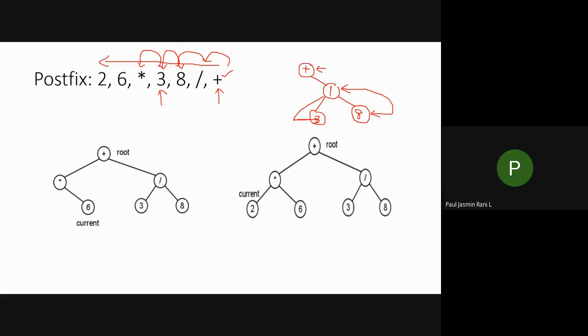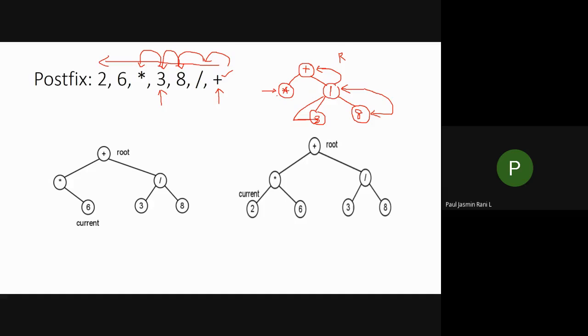So for this parent node, both the left and right are over. So again I have to go for backtracking of this parent node. When I backtrack to this parent node, the right side of this part is over. So I have to visit the left side. Yes, here I have a space for the left side. So here I am going to create a node. In that node I am going to place the asterisk, that is your multiplication operator over here. So now my current node is this particular node.